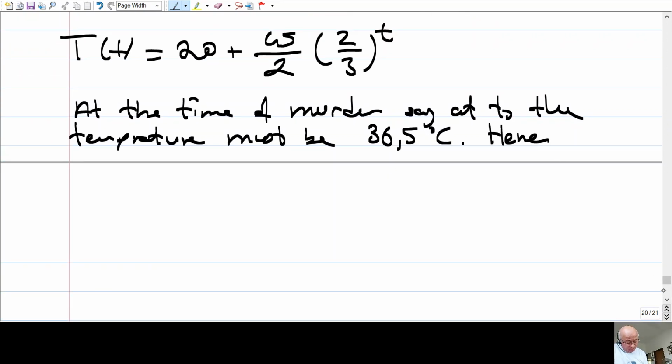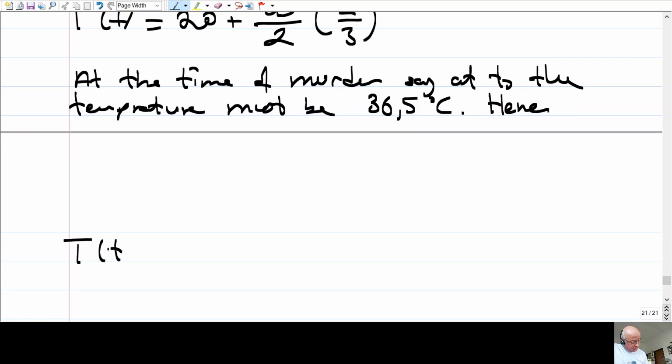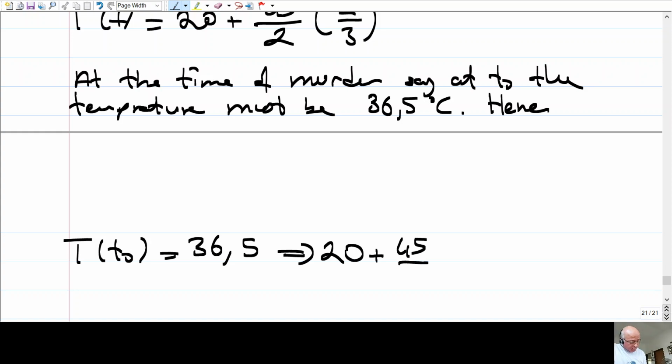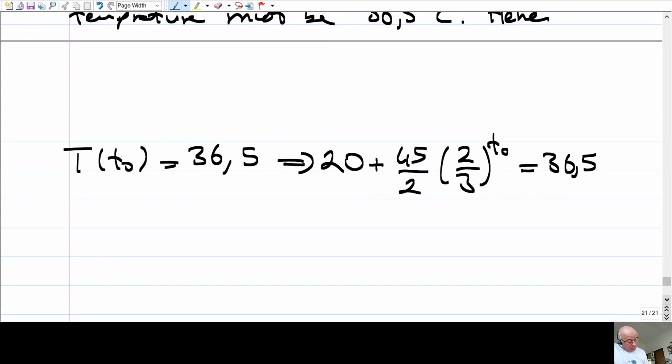Hence, we have this equation. T of T0 should be this, and from this we get 20 plus 45 over 2, 2 over 3 to the power T0 is 36.5. And from this we get 2 over 3 to the power T0 is equal to